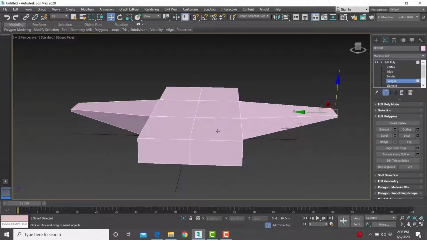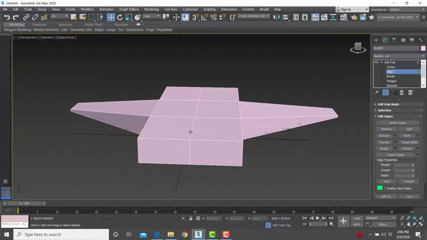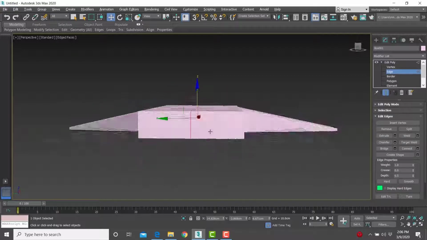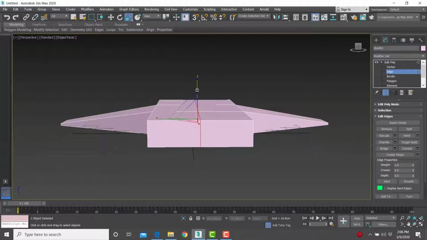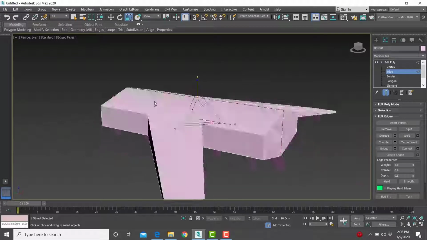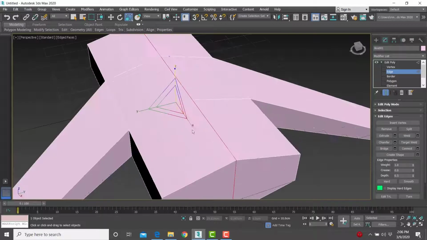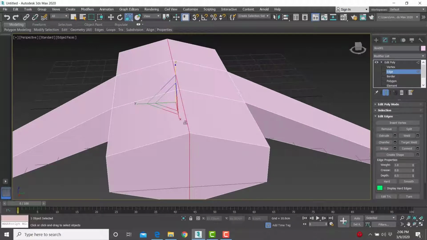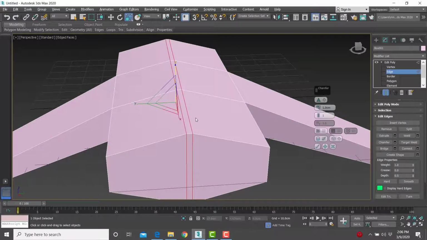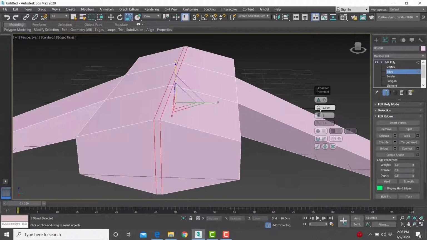Great. Second, I'm just going to double click on this edge and select the whole loop. I'm going to scale it also, something like that, to make it a bit rounded, which is great. And I'm just gonna keep this selected. I'm gonna chamfer this to have two edges. So I'm gonna go chamfer. I'm gonna have two edges, as you can see,